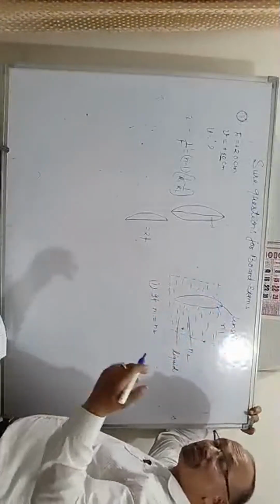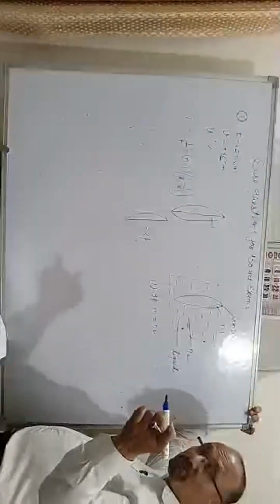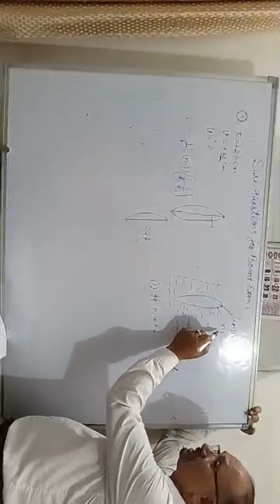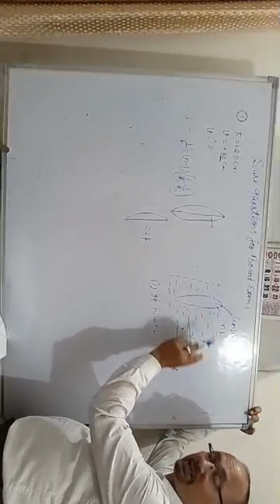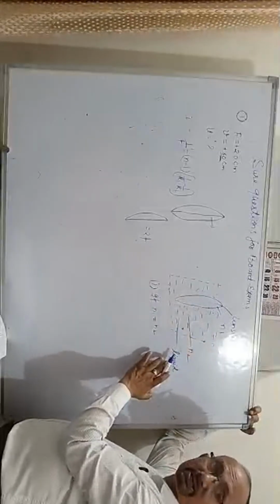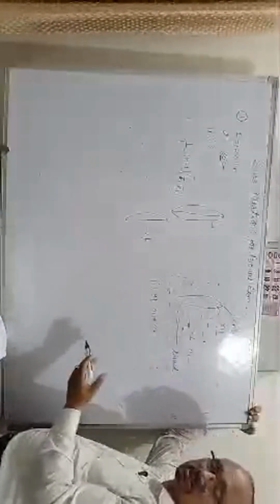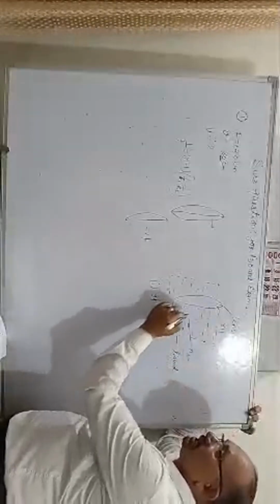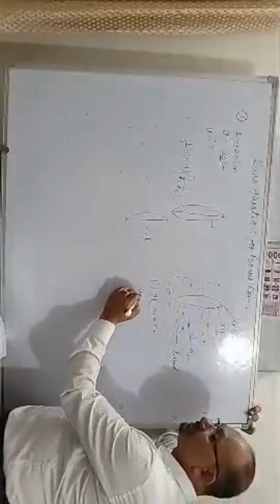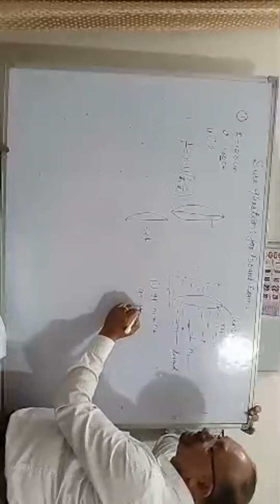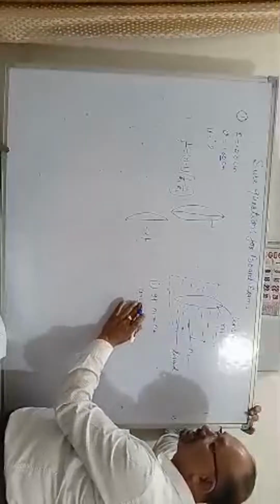What will be the nature of this lens? Look, this is a very important question. Note it. There are two: n1, the refracting index of the lens, and n2, the refracting index of the liquid. The lens is immersed in the liquid. What is the nature of the lens? In this case, the lens behaves as